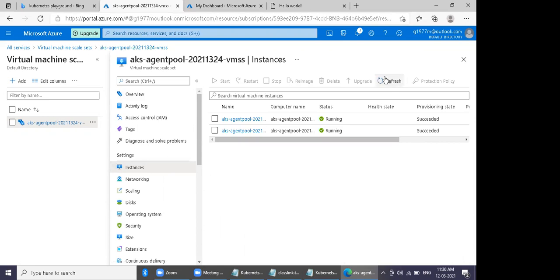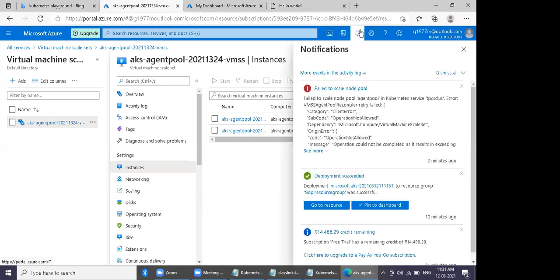No, it's not added. Can you click where it is written number 3 on top? 3 notifications are coming to you. Where we have the cloud shell. Yes, it's a fail.